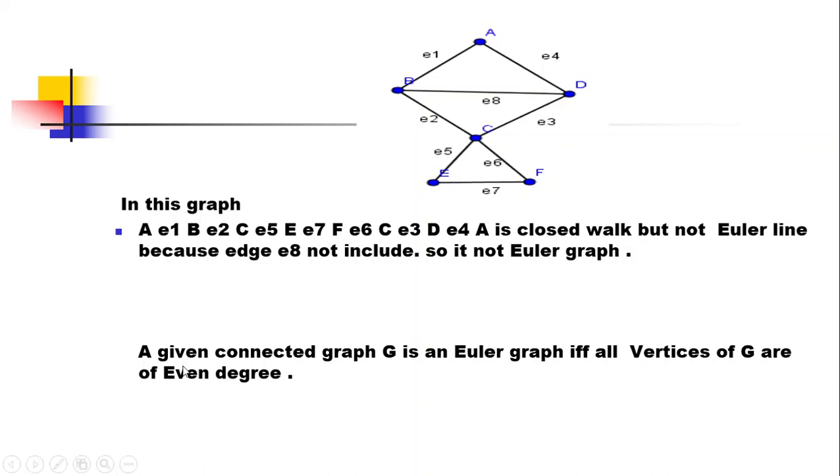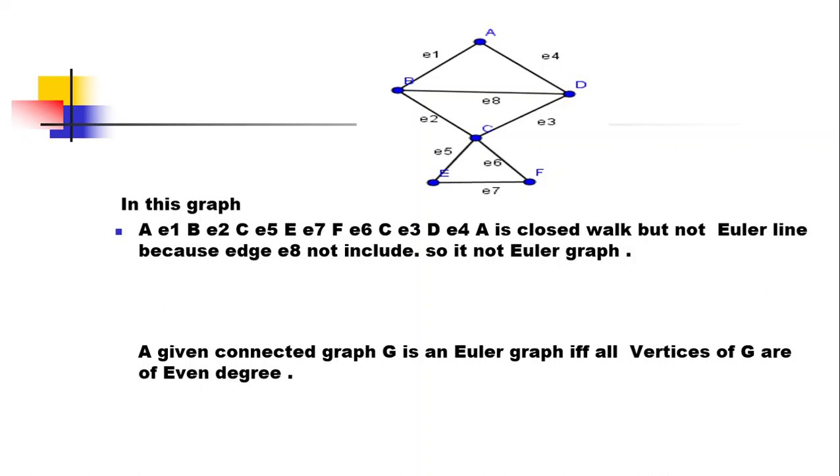First it should be a connected graph, and then after that you have to check whether it is Euler or not. So we have to apply this condition directly here. If every vertex of this graph G has even degree, then we can say it is an Euler graph.